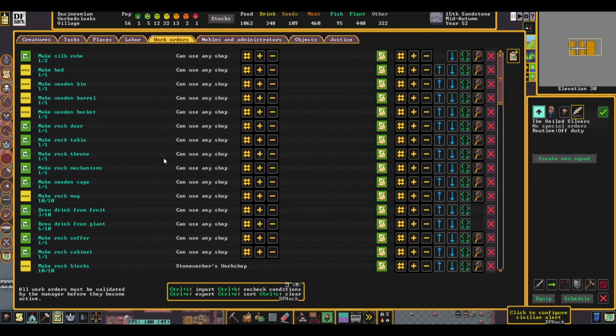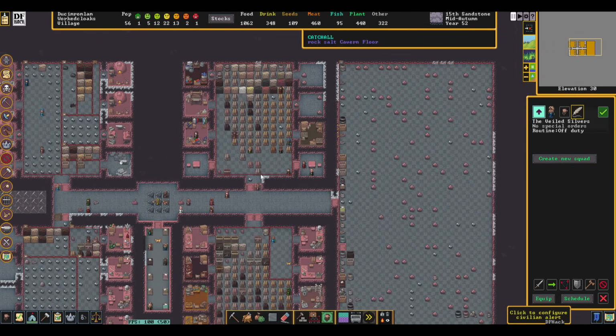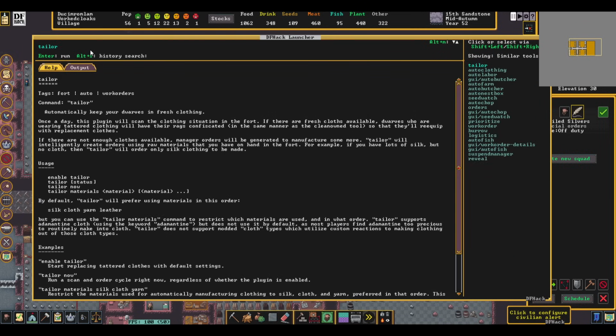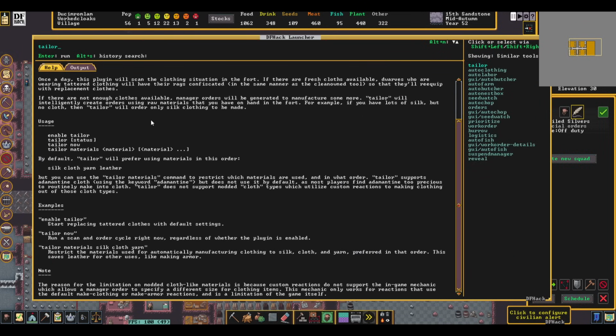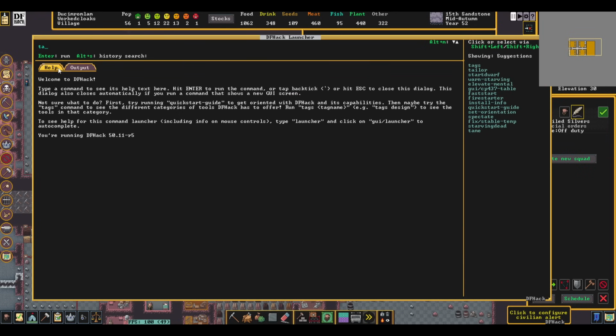I guess the question might be, are we seeing anything in the queue here? No. If we take a look at the clothier, just making the robes. Yeah, I'm not entirely sure if the tailor does make shoes. I check the status. Is enabled material preference. Yeah, but that's not actually...